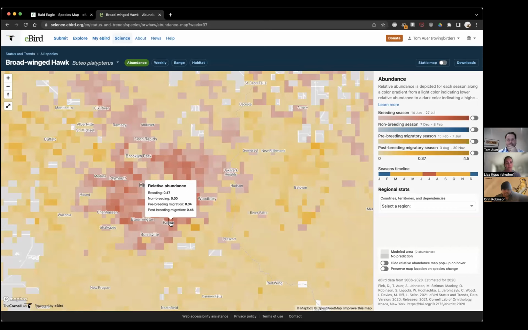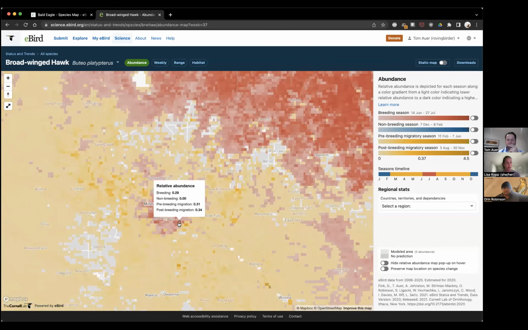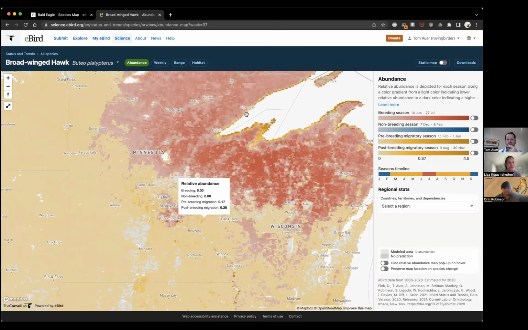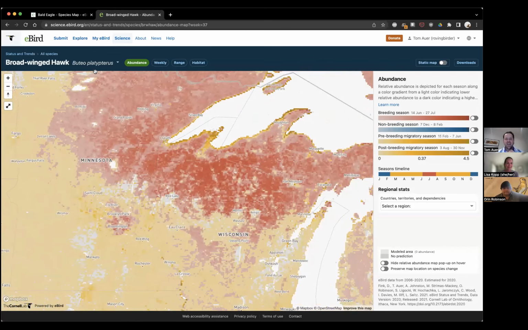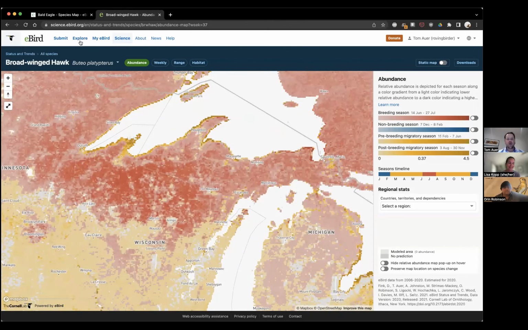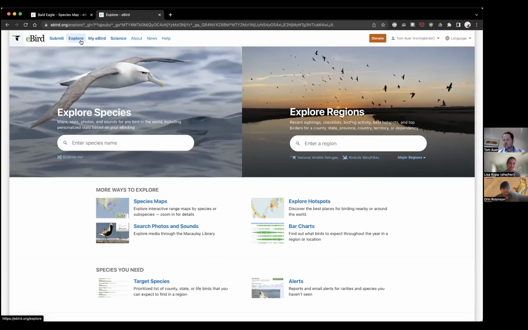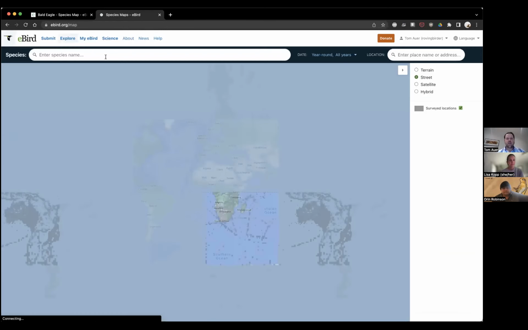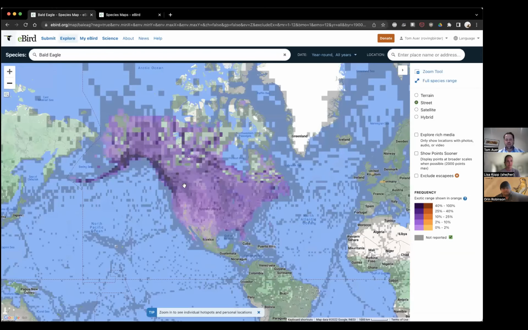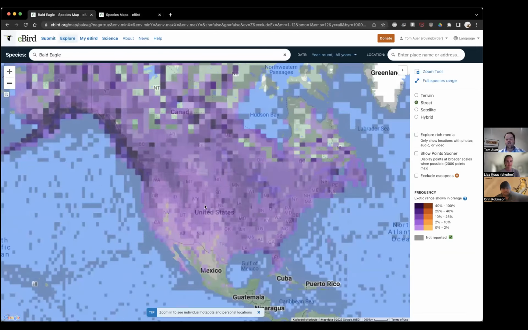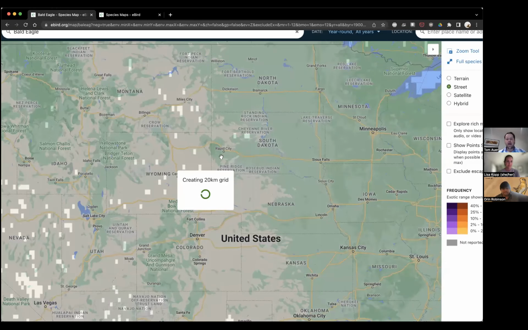We have a question from Devin, who has asked, how do you get to the Status and Trends from the species explorer? I'm trying to follow along, but my map looks totally different. Yeah, that's a good question. There are two parts to the website, the explore page, and we try to keep them separate for a reason. If you go to explore, everything you see there is about the raw eBird data, right? So this is the information that comes from, I'll just jump to it here. If you submit a checklist, within a few hours, your observation is going to be on the map.